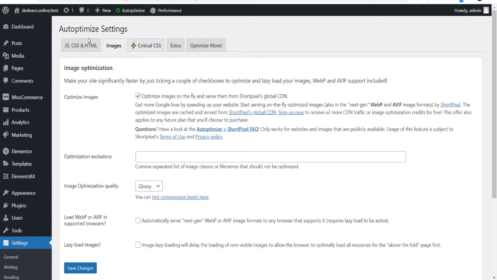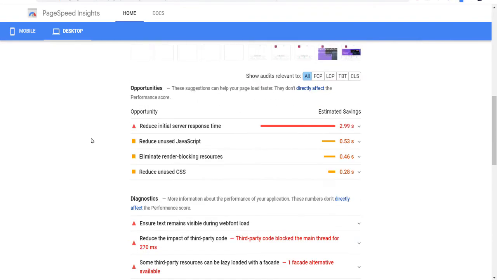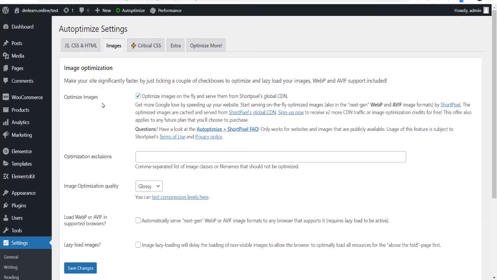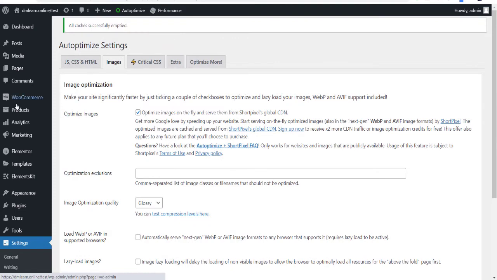We need to do lots of things. There is more we have to work on as Google suggests. For JavaScript we have to go to the W3 Total Cache settings, a more powerful tool.